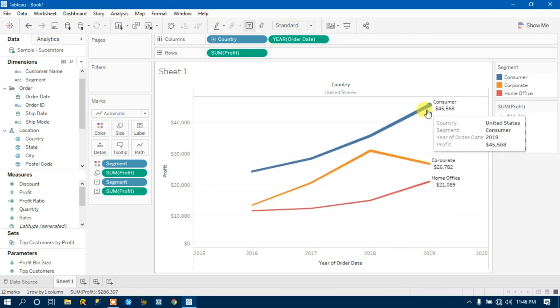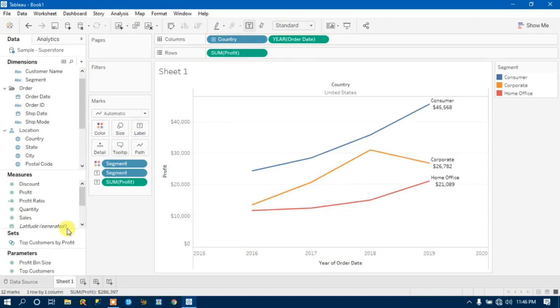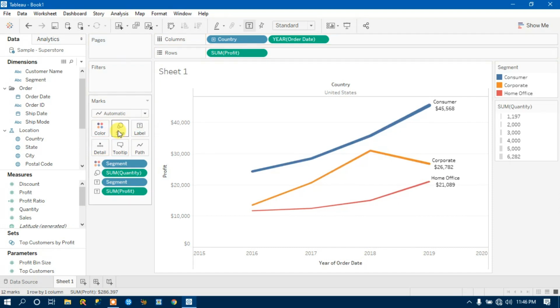So this is the way you can visualize by putting any of the measures. Let's suppose I remove the profit, and then let's say I put the quantity. As soon as I am increasing the quantity for the consumers, am I also getting my profit, right? In this case it is the same.